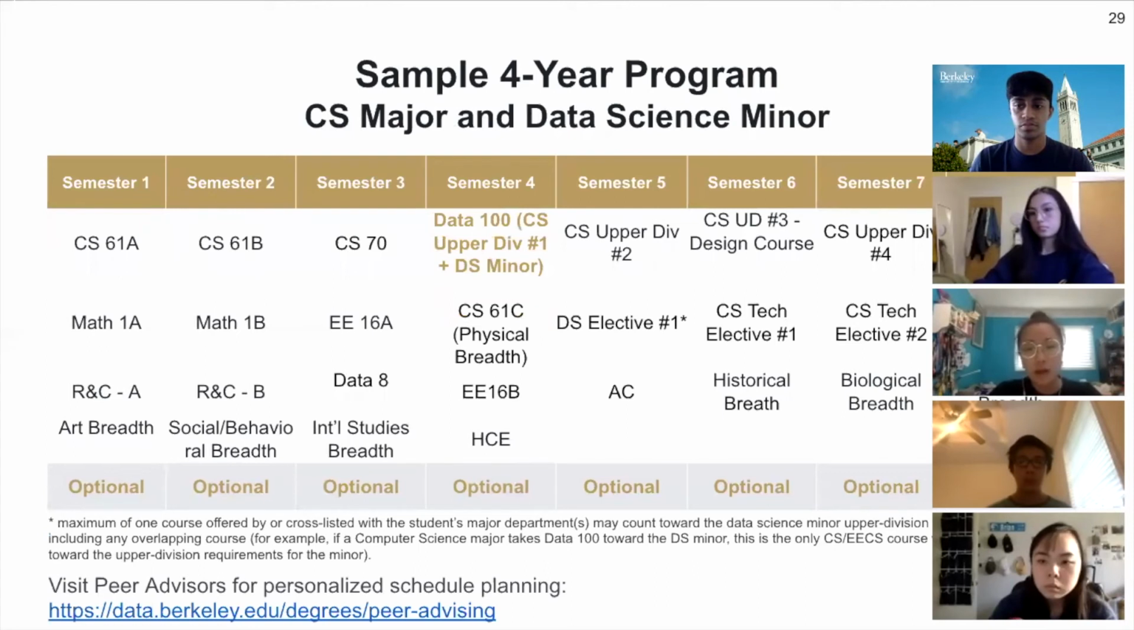So a lot of students also like to swap the major and minor for DS and CS. So some students will do a computer science major and a data science minor. And again, there's a lot of overlap for the lower division requirements. Pretty much the only catch is that data science requires Math 54 or the EE16 series, but the CS major